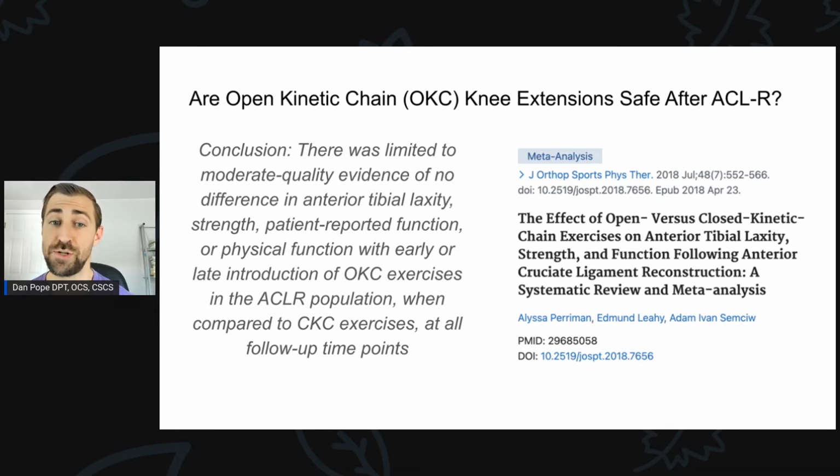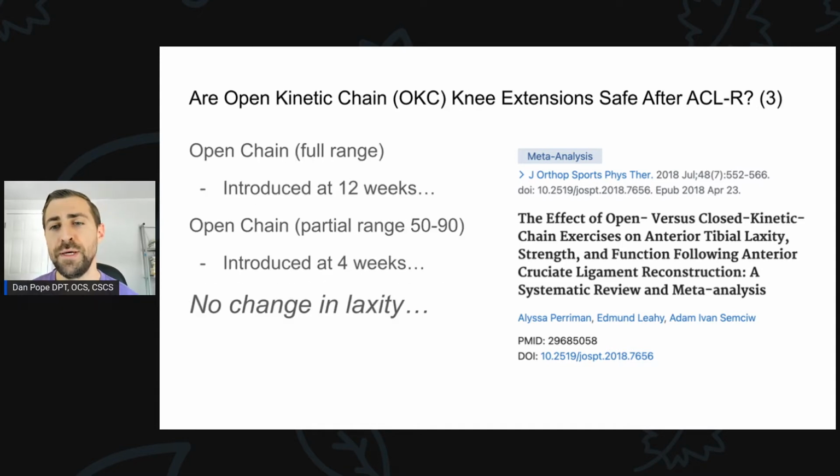Okay. Now, this is interesting to me because if you start early or if you start late, it doesn't seem to change much of anything based on this statement. Okay. So that's kind of cool. However, if you dig a little bit deeper into this study and start to look at some of the articles that they included, one of these studies introduced open chain